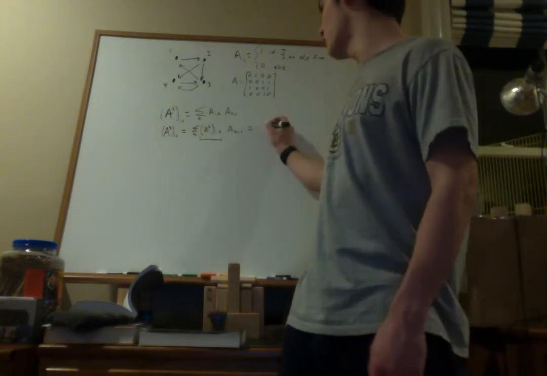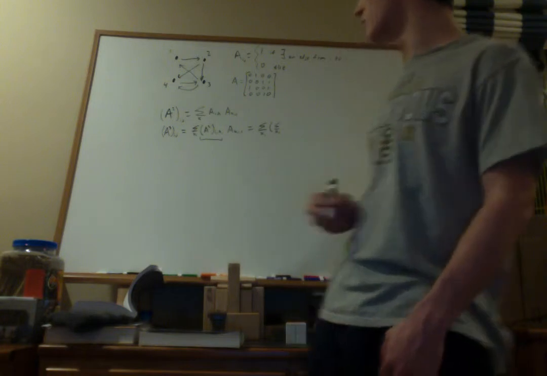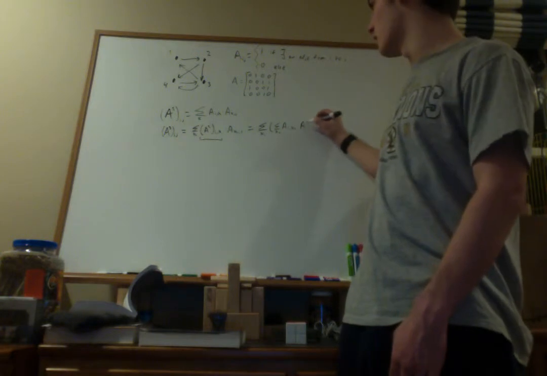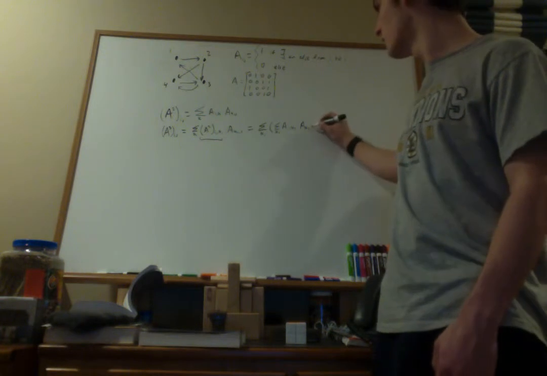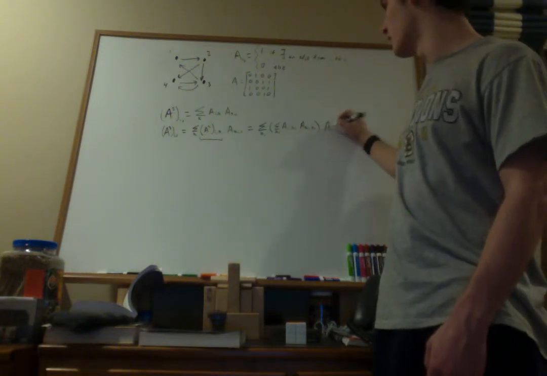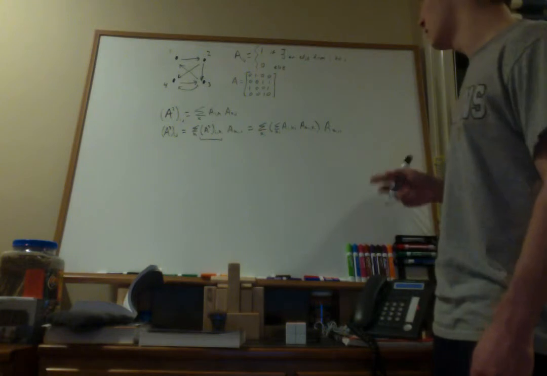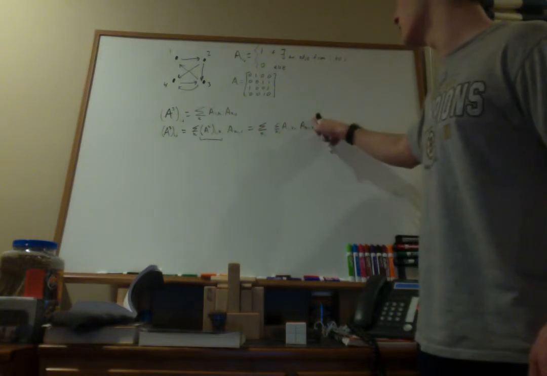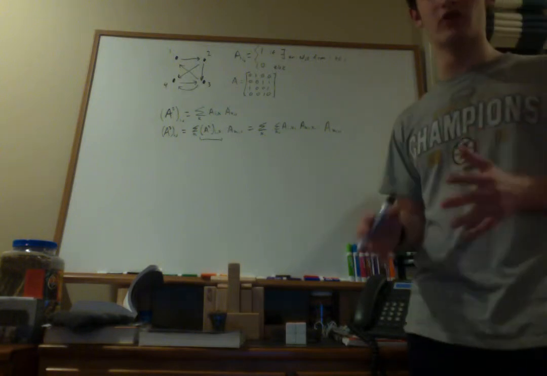So this is equal to the summation over k1 of the summation over k2, is what we'll label it, of A i k2 times A k2 comma j, all times A k1 comma j. Right? And then, since multiplication is distributive, we don't need the parentheses there. We can just write it like that, right? And we get that. And so we can see that more generally, following this pattern,